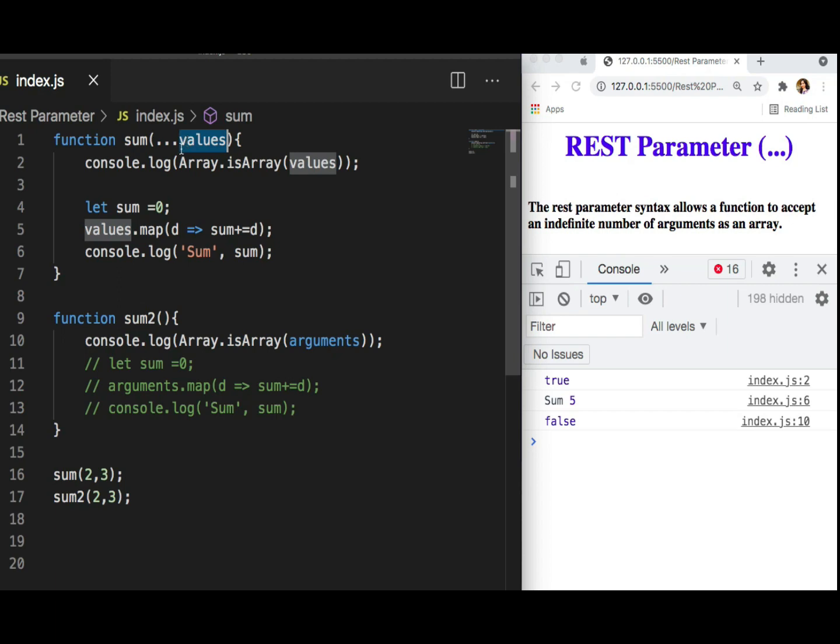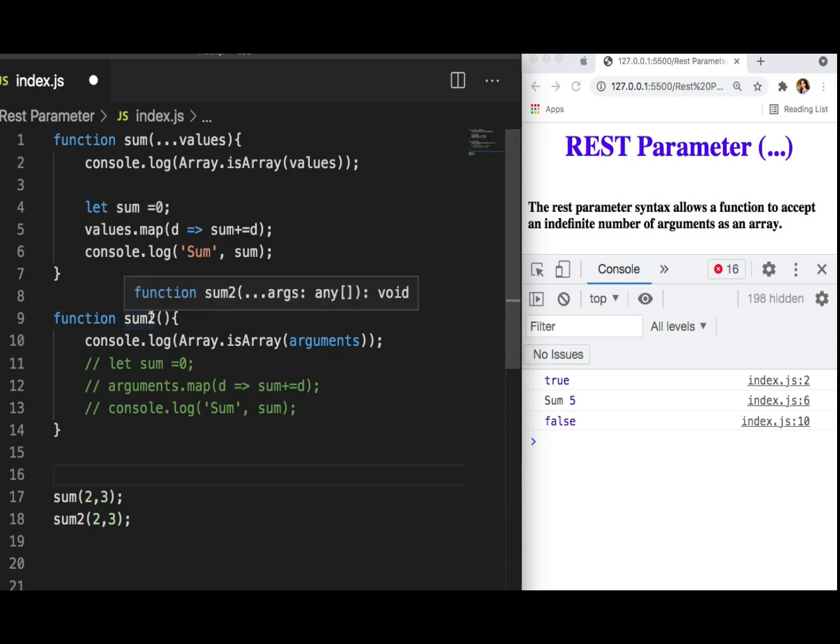But the only rule you need to remember, if you want to handle it that way, is that the rest parameter should be the last parameter. Okay, so let's understand what I mean here. So now suppose, instead of a sum function, maybe we have other operations like multiply, divide, so I will not give this sum function directly to the user. I'll give one generic method like calculate, and then I will handle the logic.